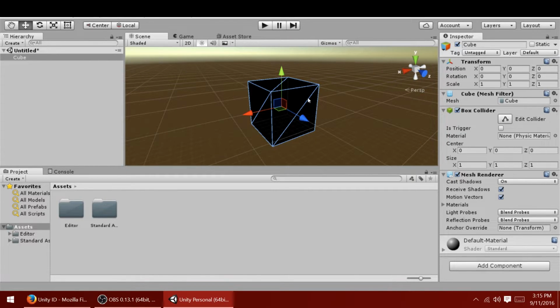Yes, Kevin? In the hierarchy, does that word cube refer to that instance of the cube, or the object cube parent that you use? Good question. It refers to the exact instance. So basically, if I was to duplicate this cube,